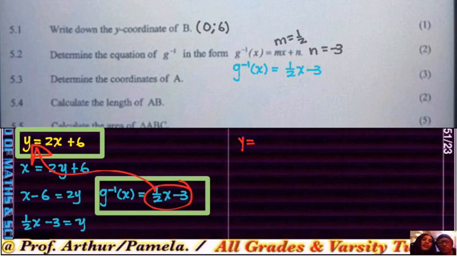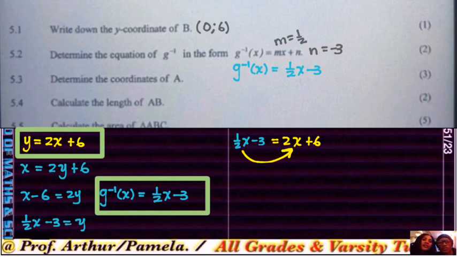Yeah, but now I'm proving, because I showed you there I was going to do that. So now I'm going to write the bluish one. It's going to be half x minus 3 equals the yellow, which is 2x plus 6. So what I'm going to do, I'm going to take this one over there and take the number over there. So meaning I'm going to have minus 3 minus 6 equals